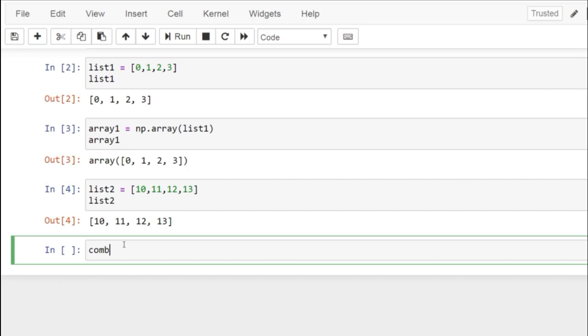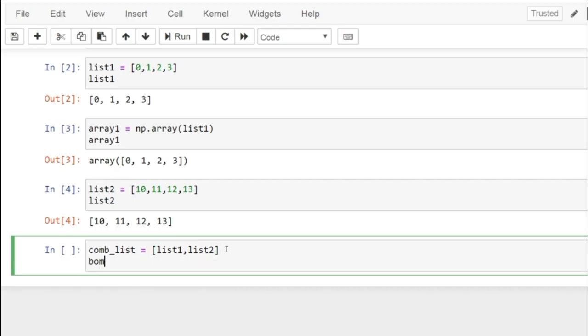Now let's combine these lists in a combination list, list 1, list 2. So this is a combination list holding 2 lists inside. Now if we display our combination list,